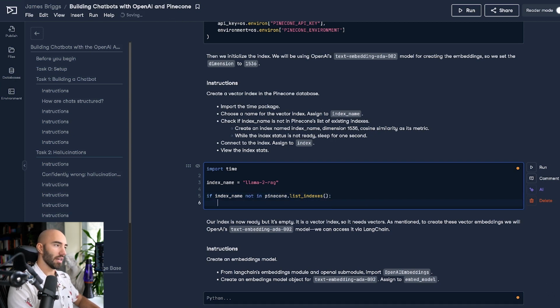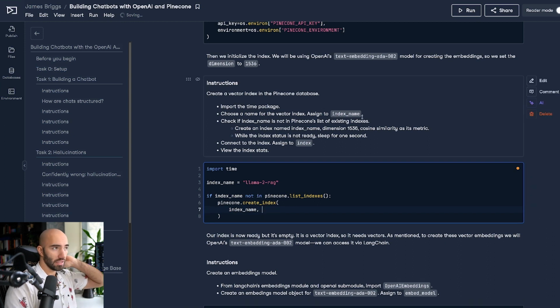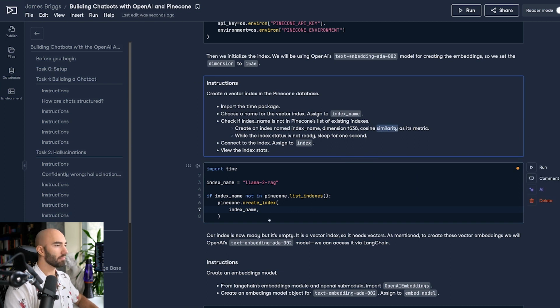Then I'm going to create my index. So I'll do pinecone.create_index. Now, remember we have the index name parameter in here. But we also need the dimension parameter, and we also need the metric parameter.